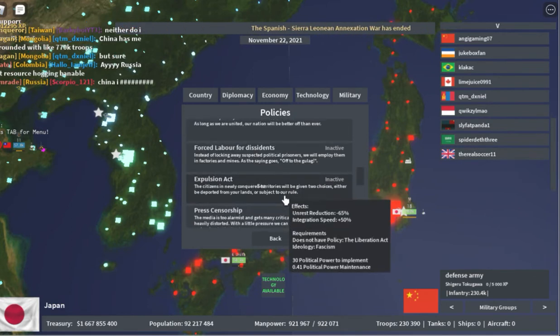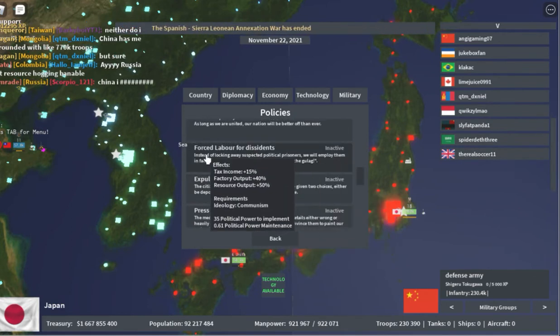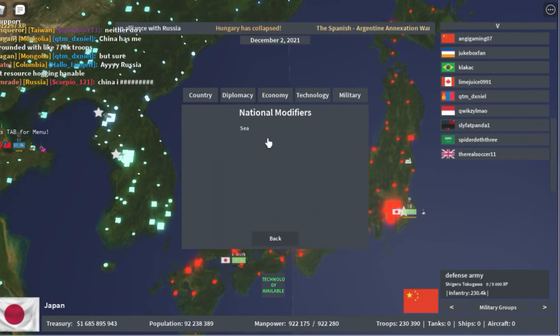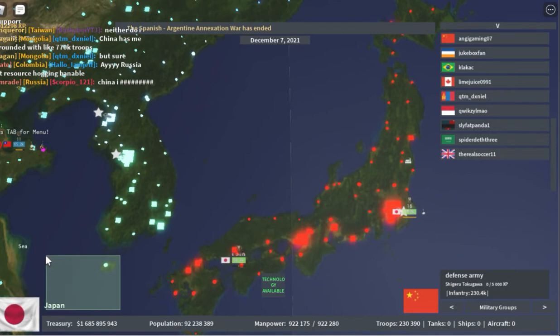It's forced labor for distance, because it gives plus 15 tax income, plus 40 factory output, and plus 50 resource output. Alright, so yeah, that's these two. Modifiers just explain things that you get from things here. So sooner or later I'm going to get a modifier that asks me about